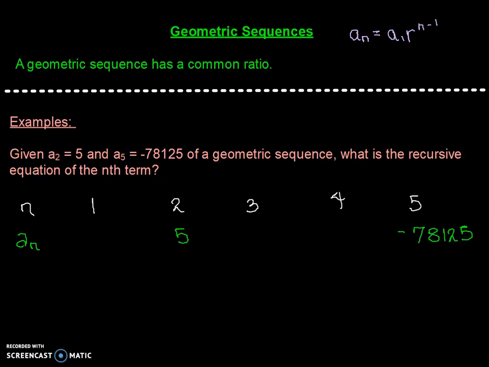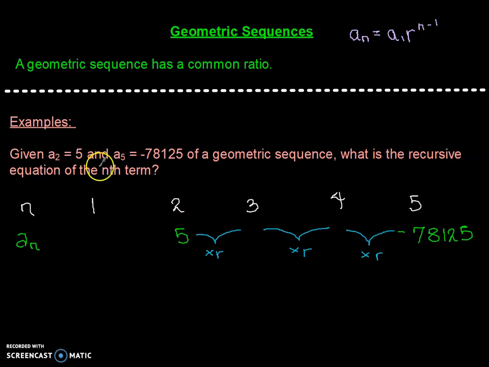78,125. So remember that to get from one term to the next, since this is a geometric sequence, I would multiply by the common ratio r. And then I would continue this just to see how I would go from the second term to the fifth term. What's that relationship? Well,